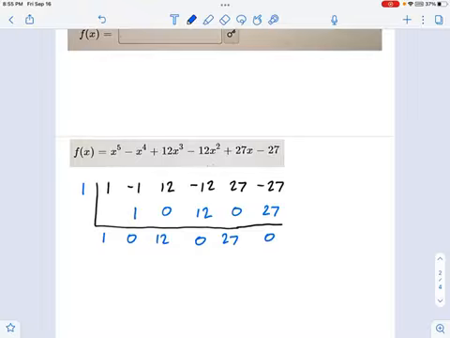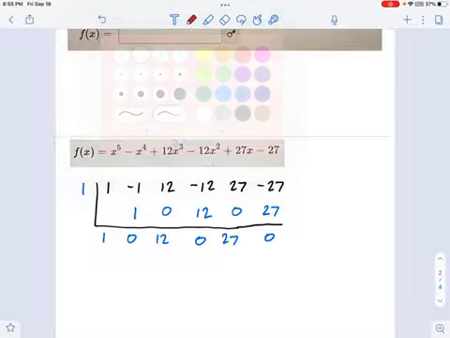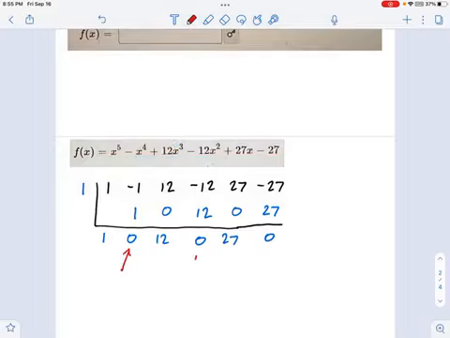So normally at this point, I would say, great, keep on checking, right? Let's try 1 again, and then if that works, great, we factored out another root. If it doesn't work, we move on to another guess, like -1. Got pretty lucky getting the first one on this one. But there is something happening here that I want to point your attention to. See these zeros right here? Kind of an interesting pattern.